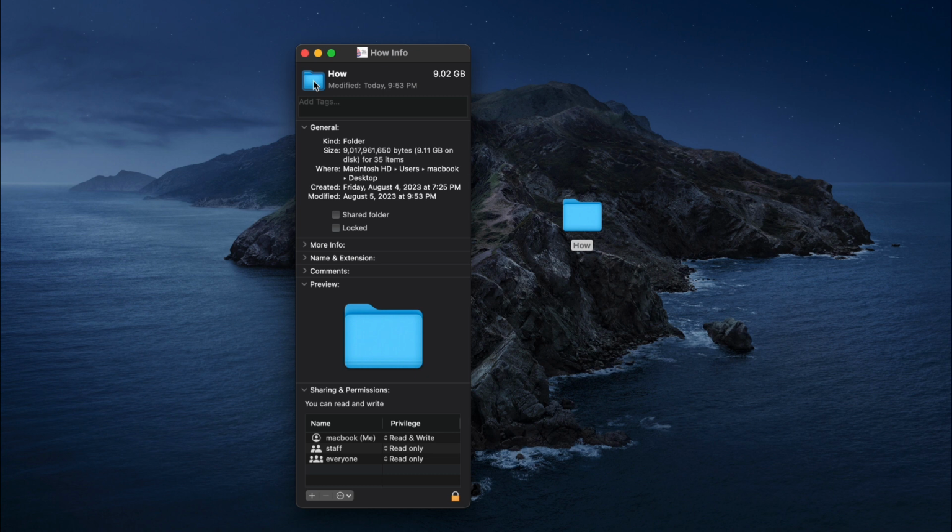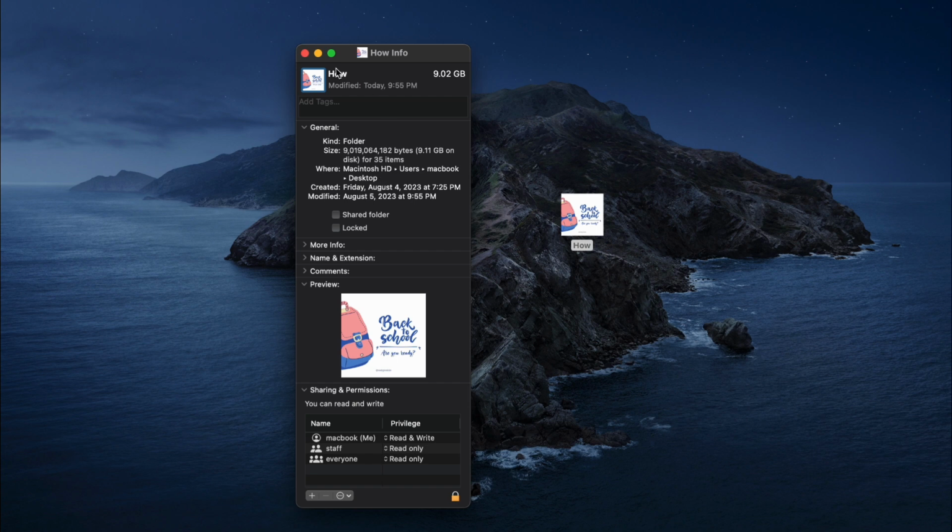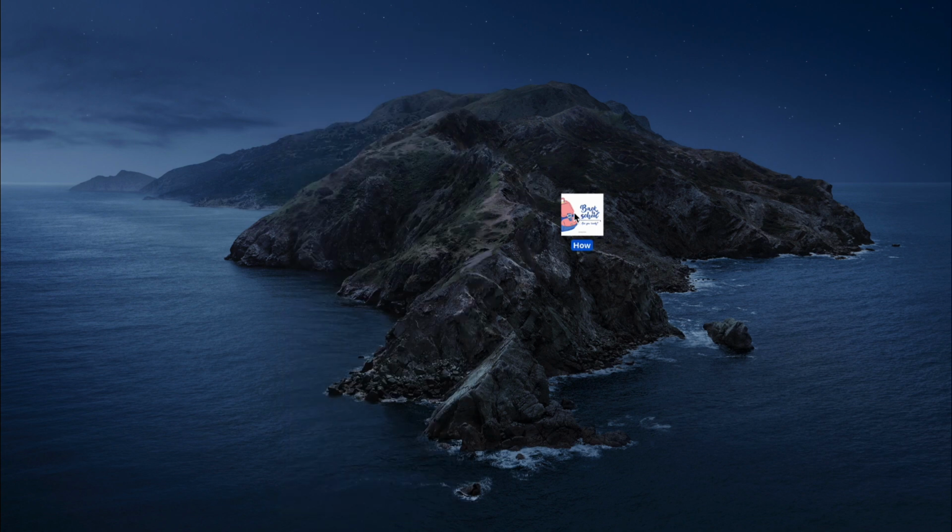Like magic, the default folder icon will be replaced with your chosen image, whether it's an .icns, PNG, or JPG file. You can now easily give your folders a unique and personal touch on your Mac. Enjoy organizing your files with